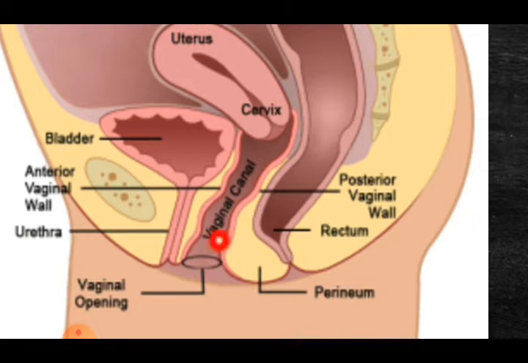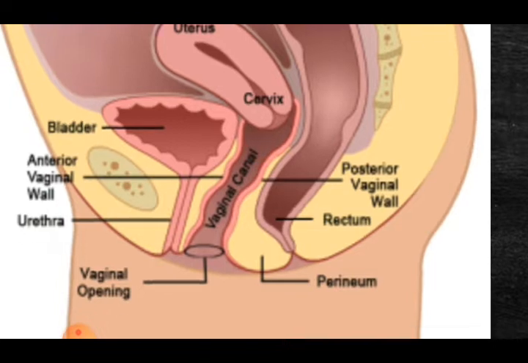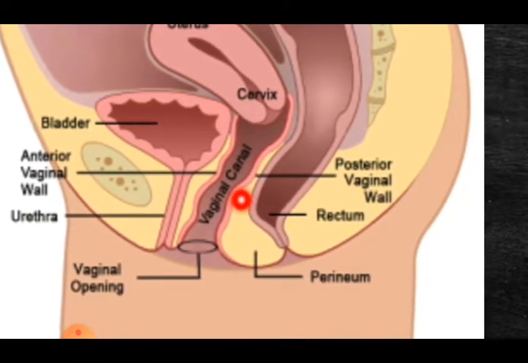Just remember that the vaginal canal has a distal end that was opening in the vestibule, and it has a proximal end. Next, we talked about its structure, and we said that it is a fibromuscular tube that is lined with the stratified squamous epithelium,